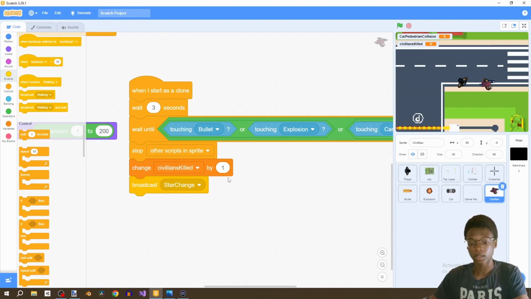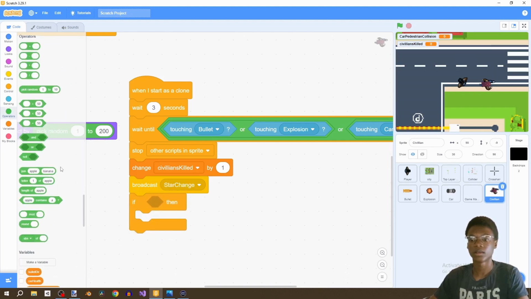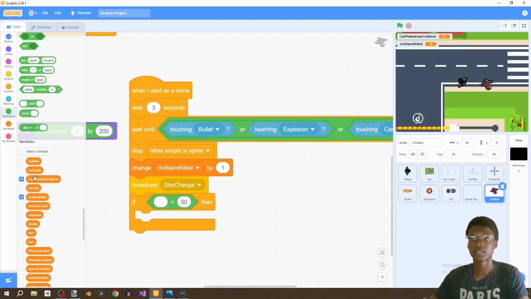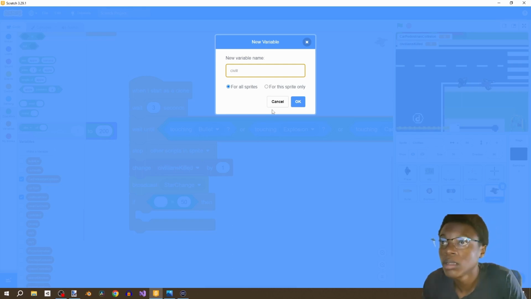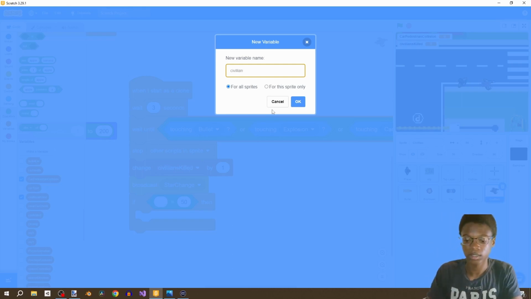So now let's simply say, let me grab 3 if statements. If civilian, so also going to create civilian types. So this is also a bit for later. So if civilian type